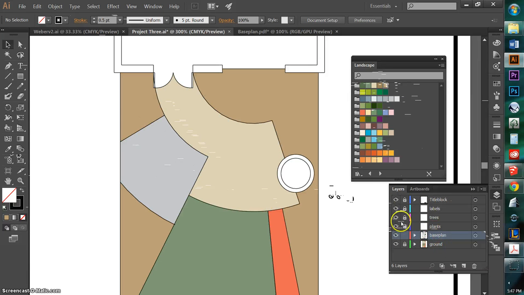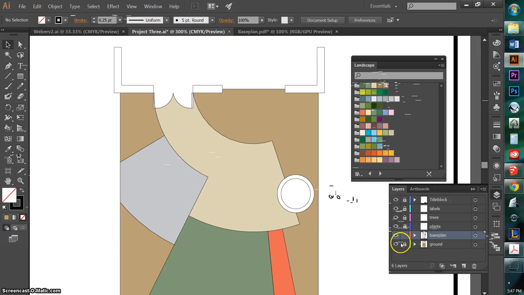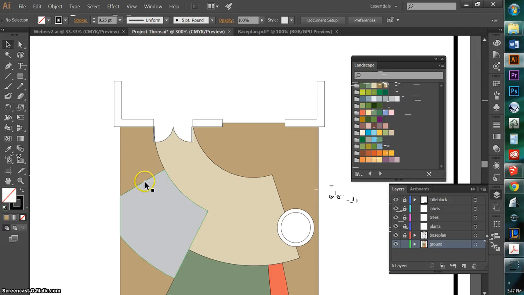There we go, now we can see them. And I'm going to do select all. I'm going to still make them a little bit thinner, just a 25 point. I think that looks pretty good. Lock this back up, and then going back to the ground layer,